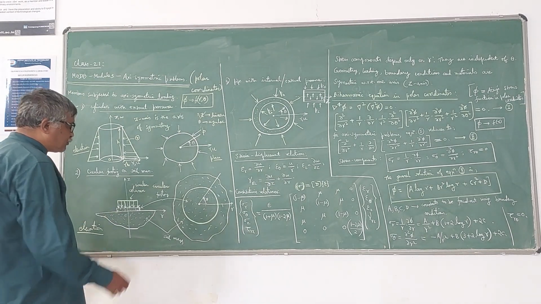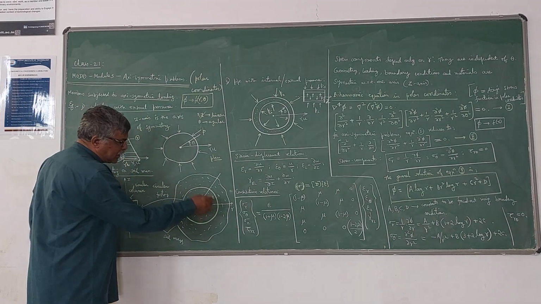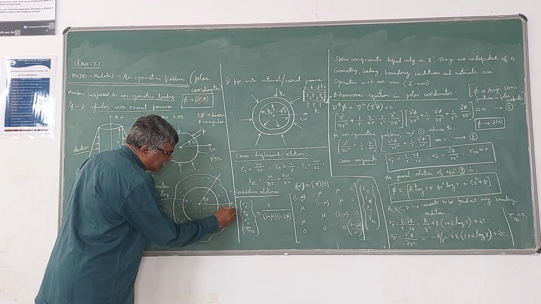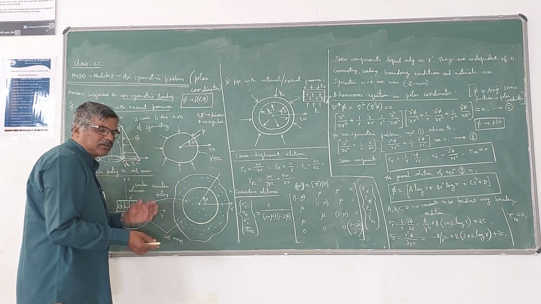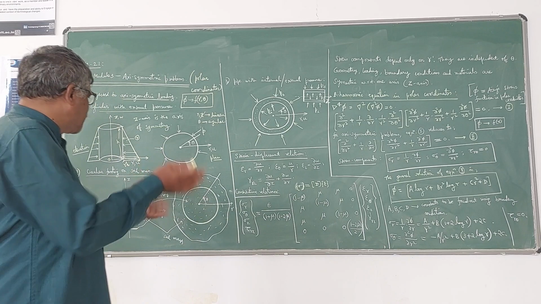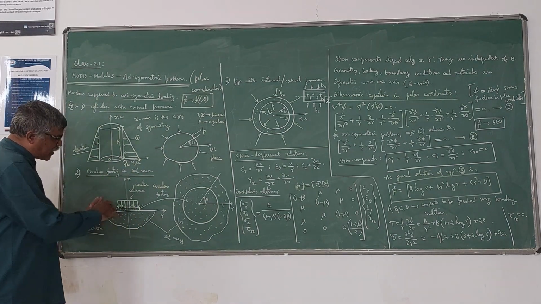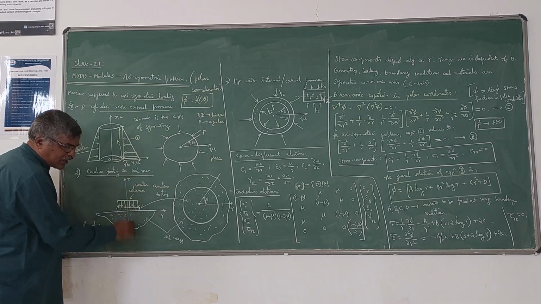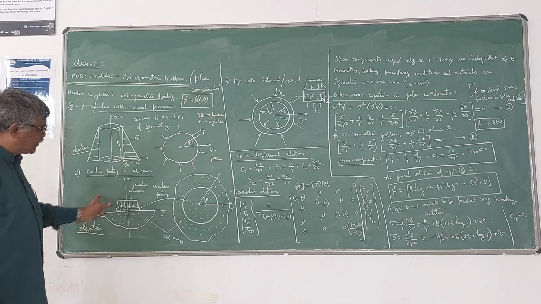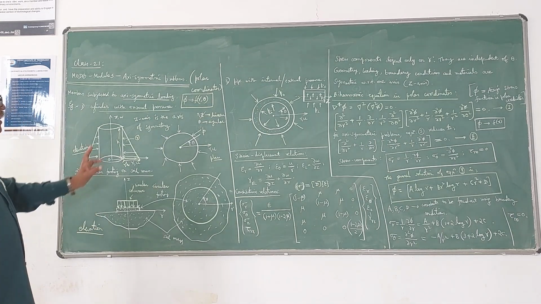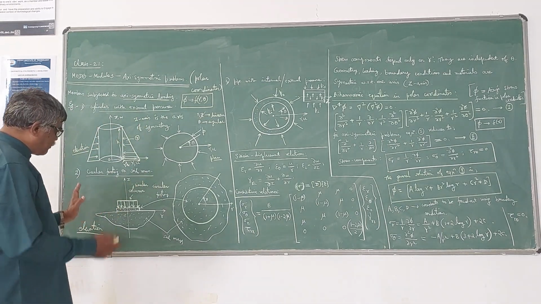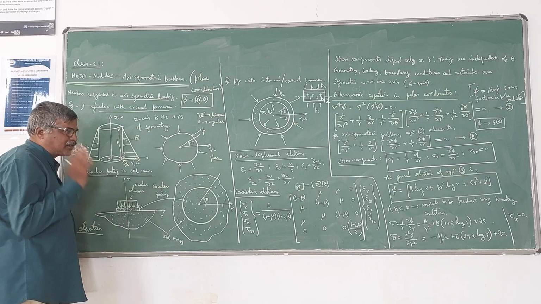In this case, in plan you can see that along the radial direction r will be there, and this is the angular direction. So theta can vary from 0 to 360 degrees, and the vertical axis is your z-axis. Here also, if you take the z-axis as the axis of symmetry, this problem we can treat as an axisymmetric problem because the loading is symmetrical about the z-axis.